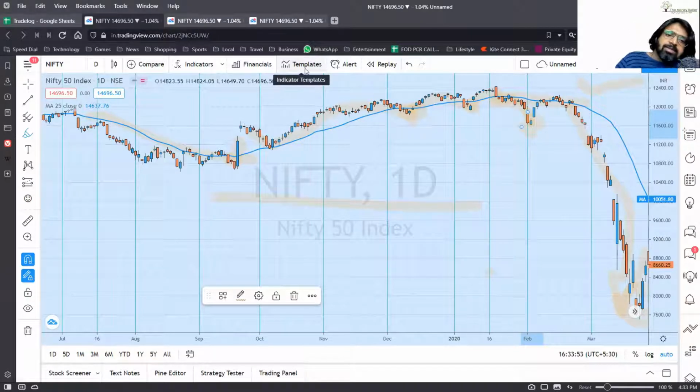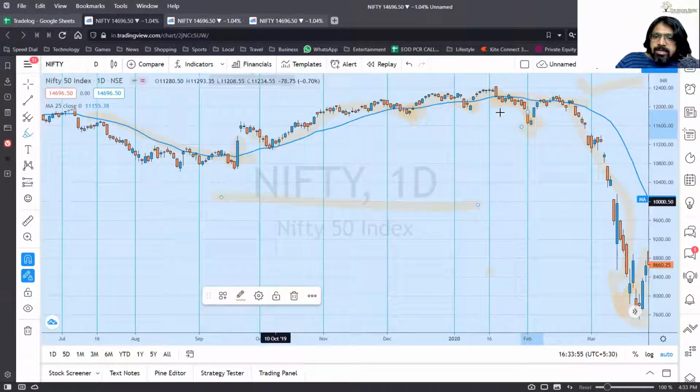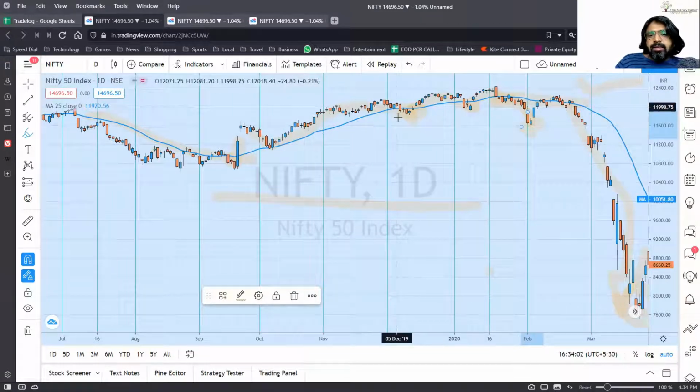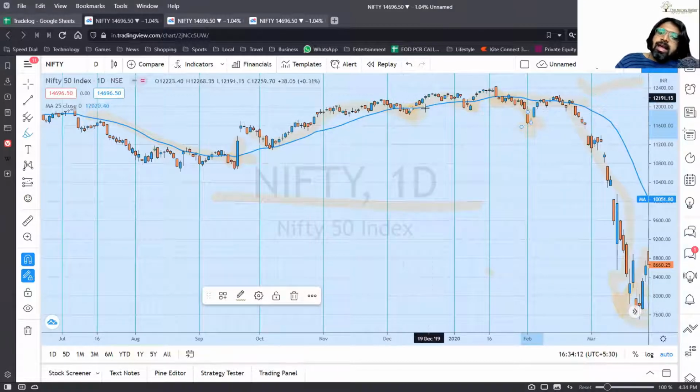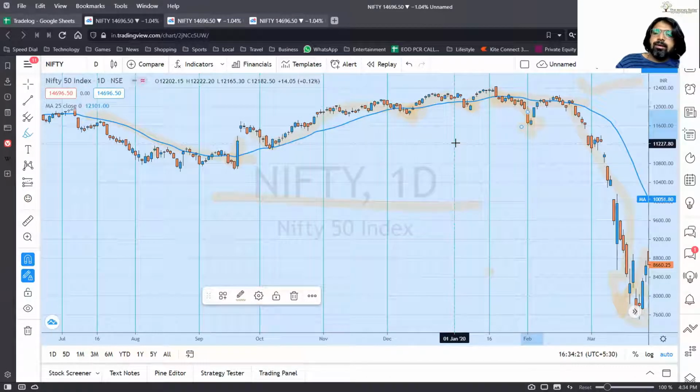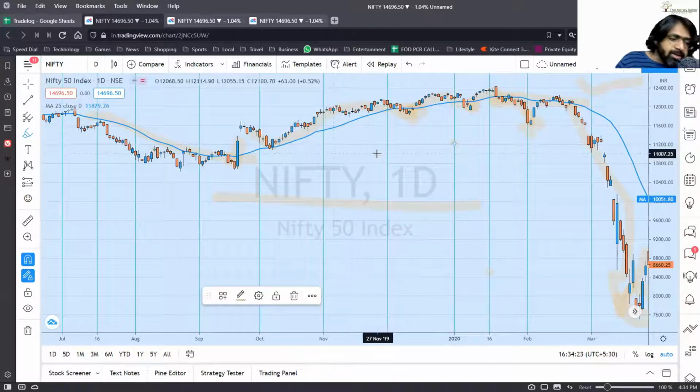We have seen that. That's what we call a whipsaw. Same thing happens here. So that is the time confirmation where you wait for 1 or 2 days. Another thing can be a price confirmation where you decide a particular price, let's say 3% or 4% or whatever. And if the price cuts this moving average by that much, then you assume that the breach is valid. Now, how do you decide the percent?